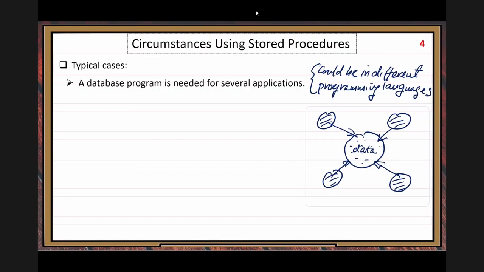So in your one big web application, in some locations in the world, you use Java. Some locations, you use PHP. For some locations, you use C#. And some locations, you use Python and other programming languages. That's all possible.